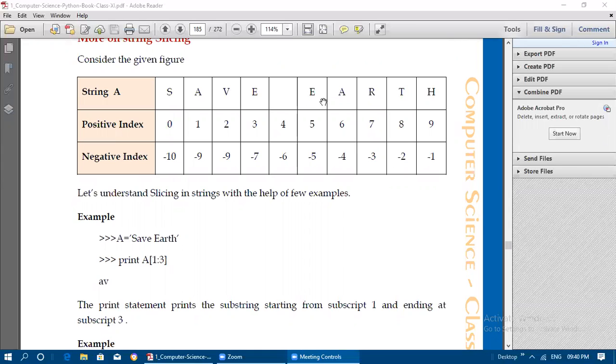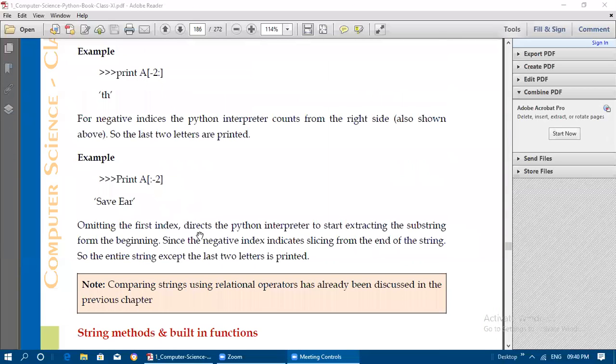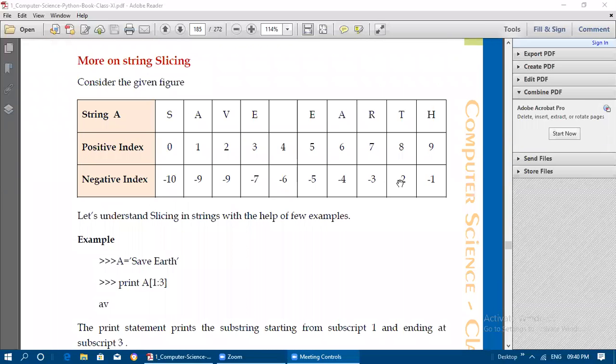So save space EAR alone will get printed. See here, save EAR. So -2 will not be included. Before that -3 will be there. See here, -3 alone will be there before -2, so it will print save EAR as the output.